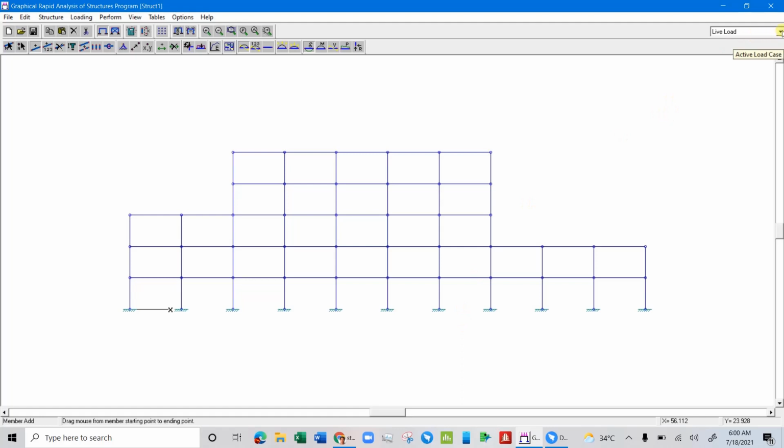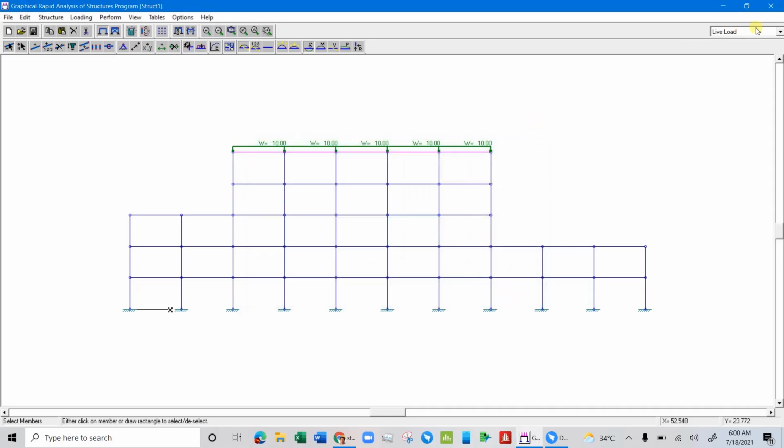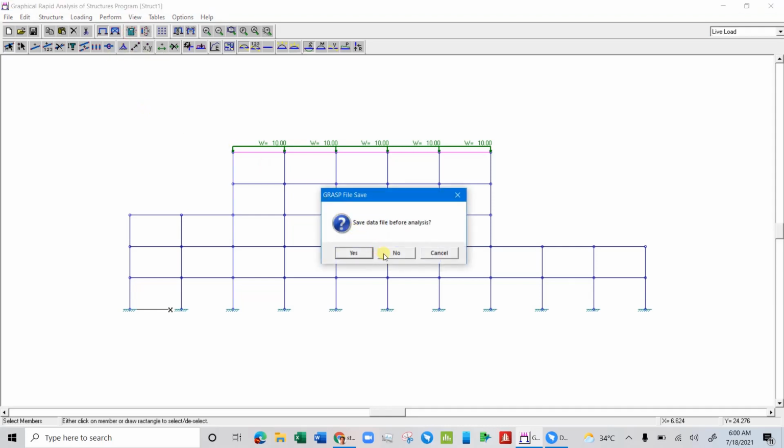Okay, and we'll see if there is a self load. Still nothing. Live load. Okay, we'll see if it will come. So we'll click load, add 10 as well. We have got before. Okay, and then we'll try self load. Okay, we'll go back again to live load. We'll try to analyze the frame, and we'll just put yes,